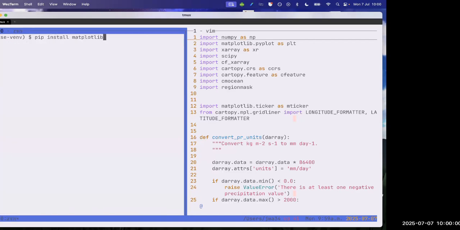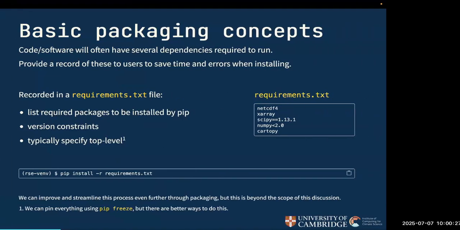And you should now find that hopefully, without any further work, we're able to run our precipitation code without many other dependency problems. It might just take a little while. There we go. So just before we move on from that,